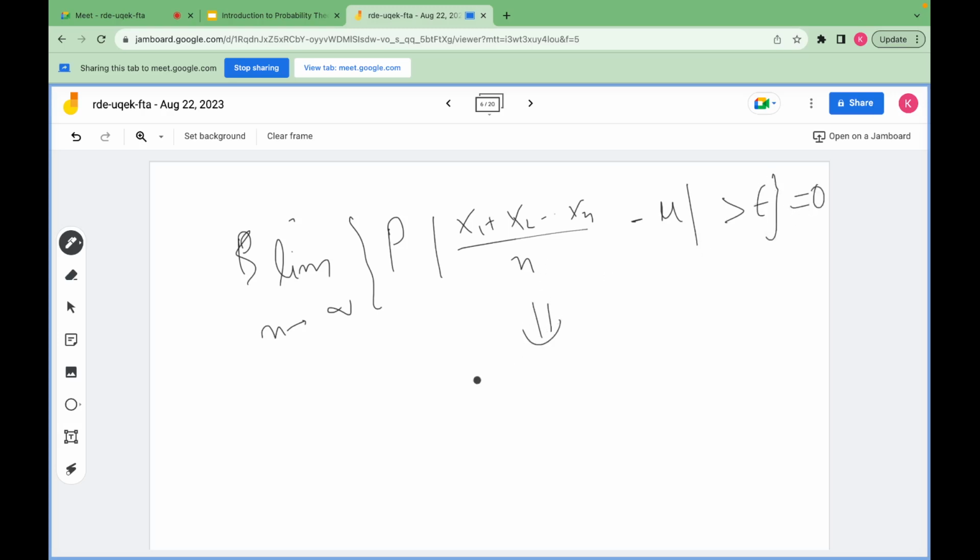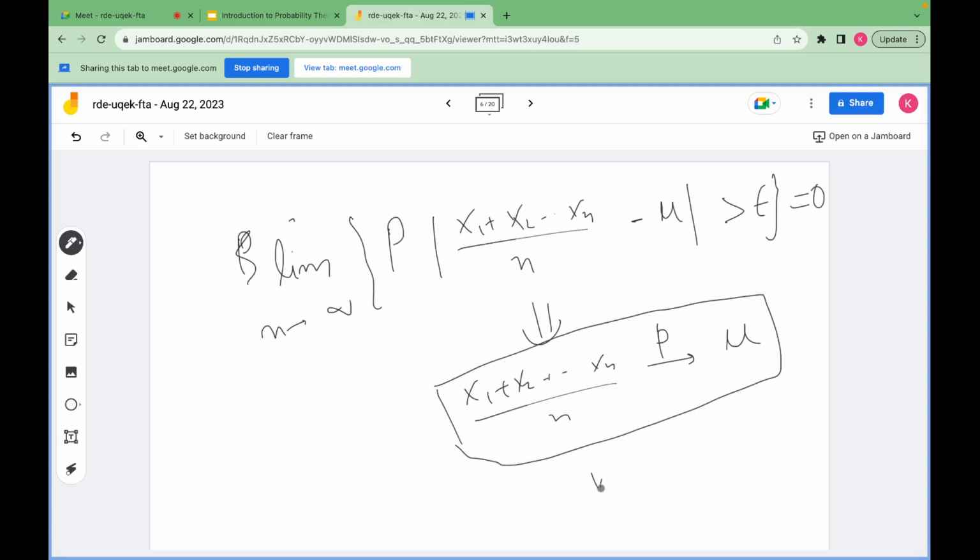This means that X1 plus X2 plus Xn will converge to mu in probability. So this is the weak law of large numbers. Okay,